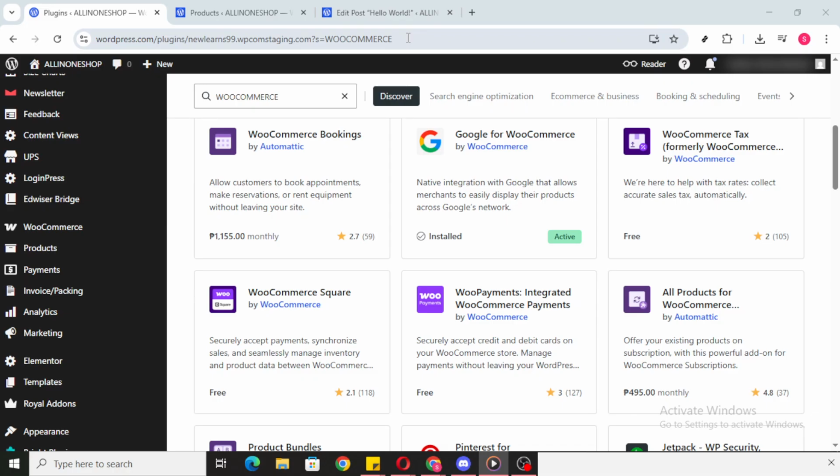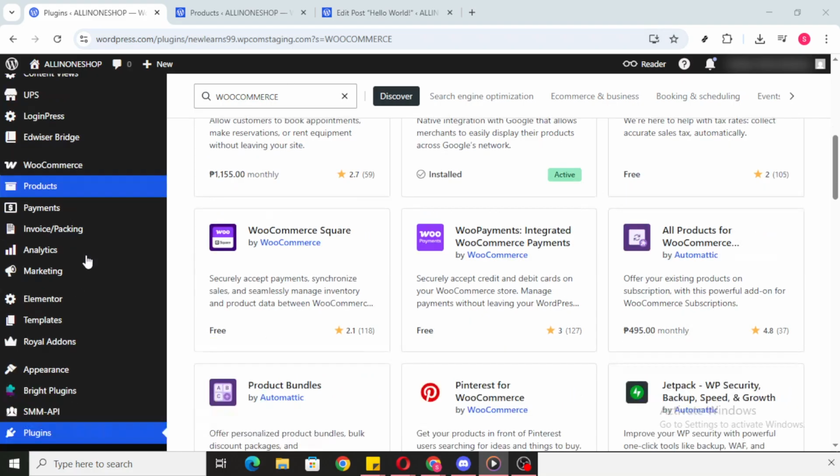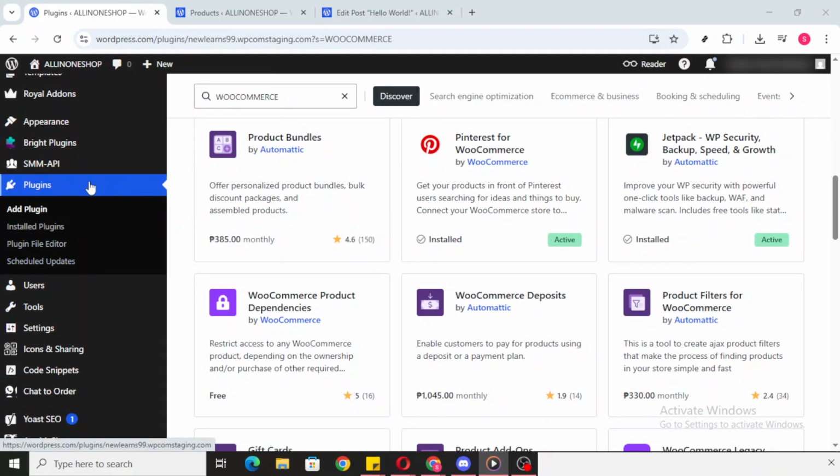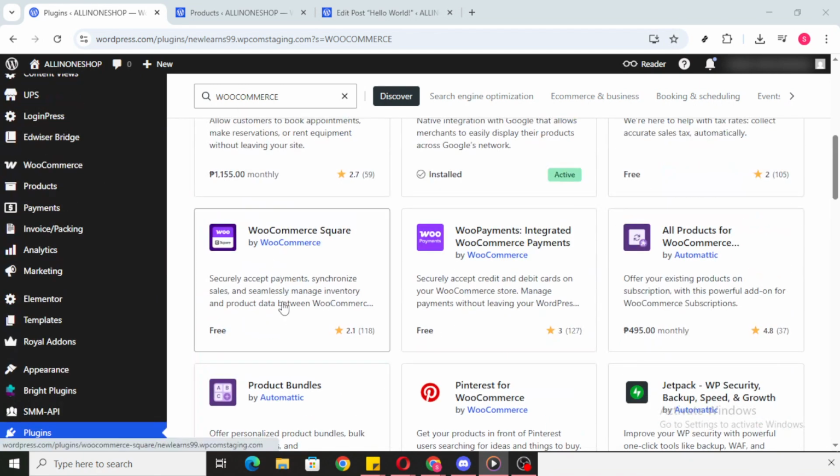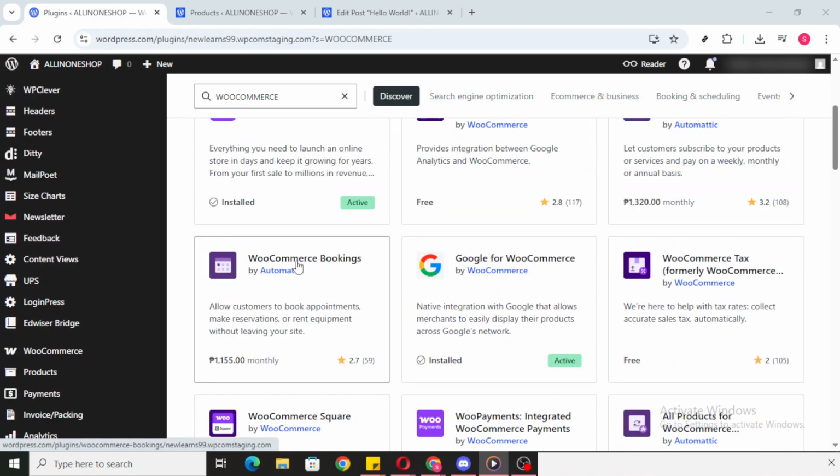If you don't see it in the left menu yet, go to the plugins section. This is where you manage everything you add to your site. In plugins, search for WooCommerce, then install and activate it. Once it's active, you'll notice a WooCommerce option in your left-hand menu. Click it to enter WooCommerce and complete any basic setup prompts if they appear, so your store is ready to